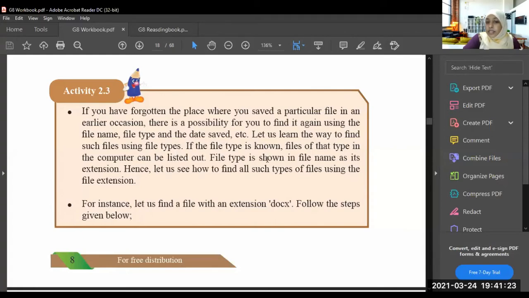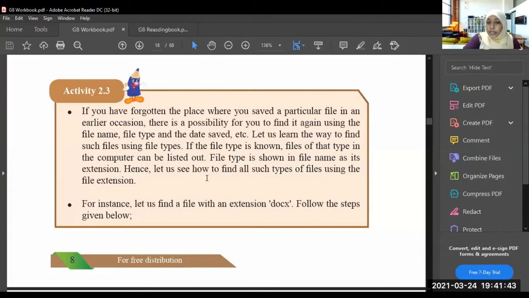If the file type is known, files of that type in the computer can be listed out. File type is shown in the file name as its extension. Hence, let us see how to find all such types of the files using the file extension.